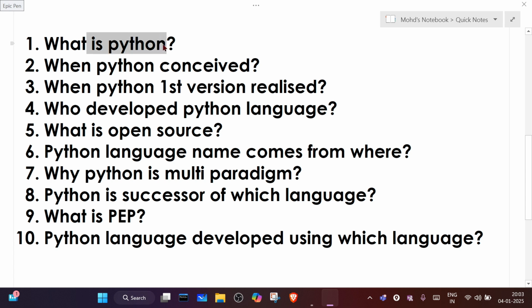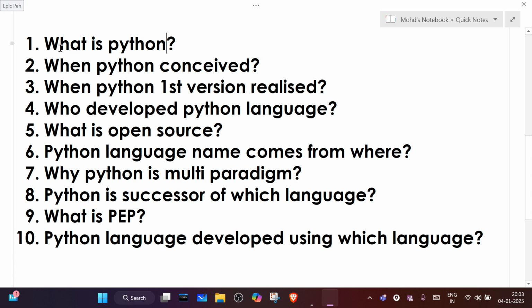So Python is readable, or we can say Python is simple. Python is a high level language, and Python is open source. Open source means anyone can contribute to Python code, and we can freely use the Python code.